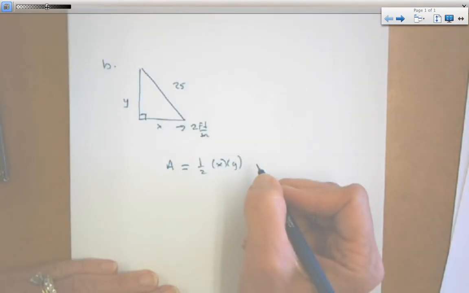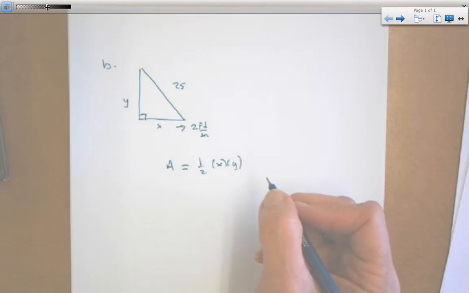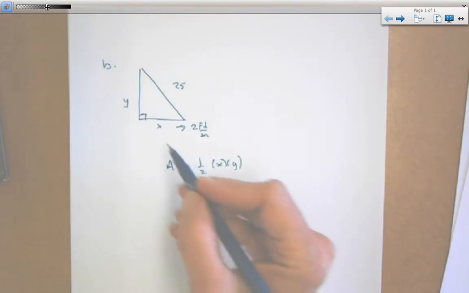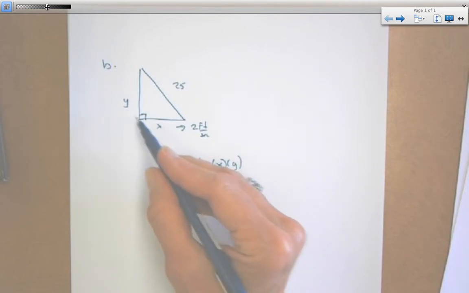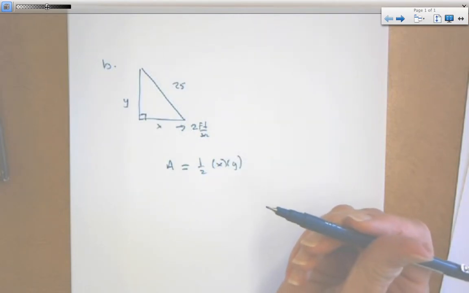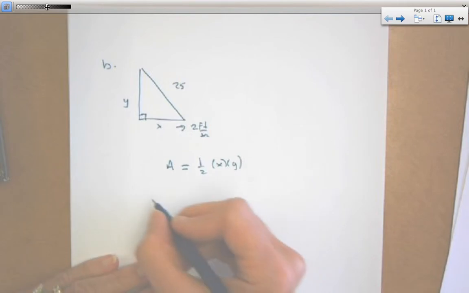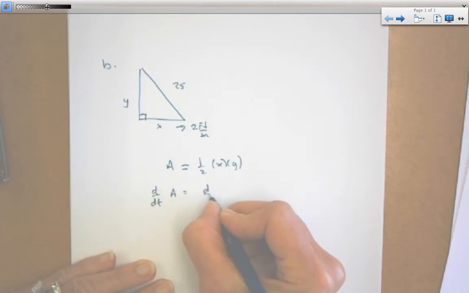All right, so then we want to see if there's any way we can make a relationship to get x and y equal. Can't get any similar triangles going here, so we're just going to have to go with it. We're going to have to differentiate with respect to time, and we're going to have to use the product rule. So here we go. dA/dt equals d/dt